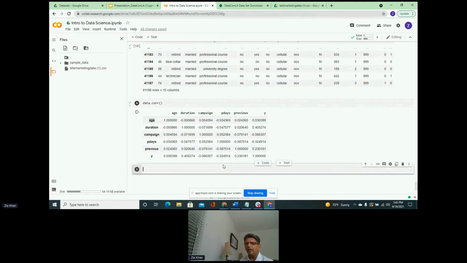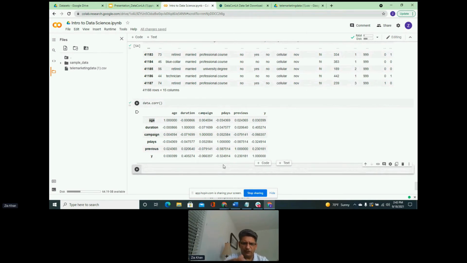This is again part of data prep. Picking the features, or in data science what we call feature selection, is a part of data prep. So we used correlation, we did some analysis earlier, and we have picked up two features that we are going to use in our algorithm.